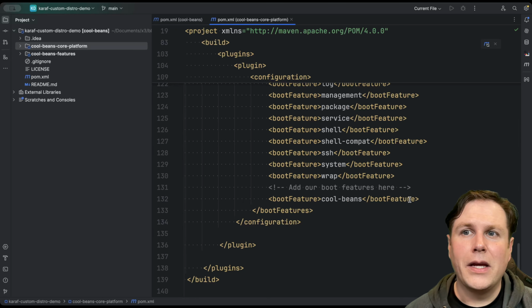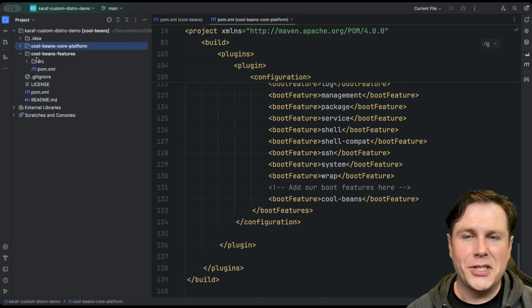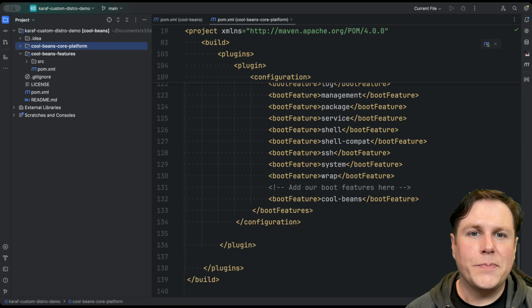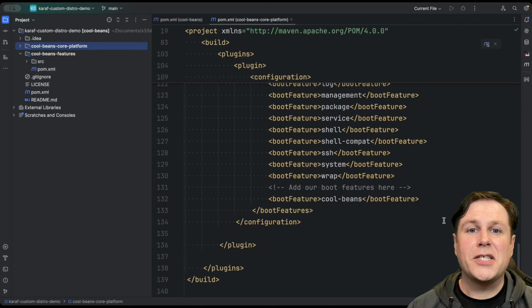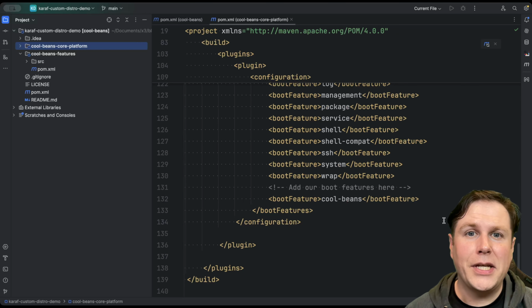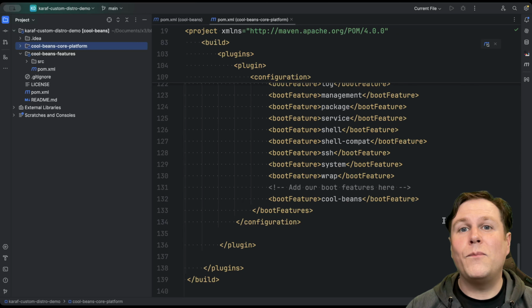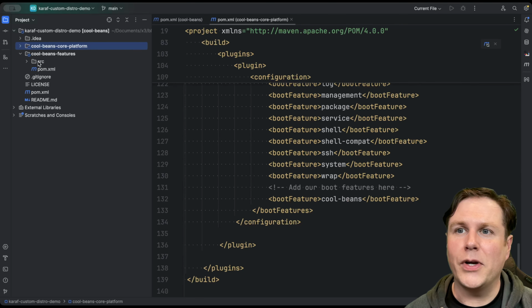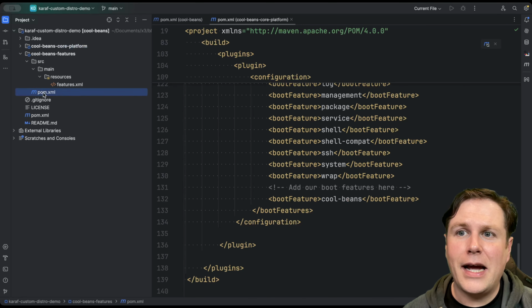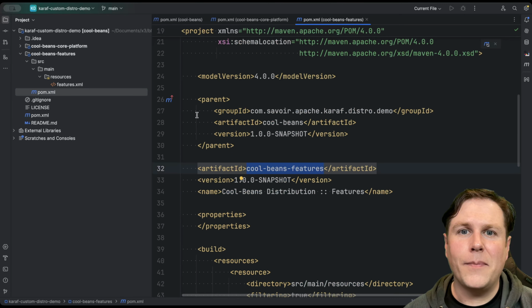intended purpose. At the end of this long list, I also include a link here to our boot features for Cool Beans, which brings us over to the Cool Beans module. This boot feature is basically saying, boot up what makes something special about this Karaf container. It's not just a basic Karaf with things that have been removed or added. This is our Karaf plus what we need for Cool Beans to operate. So Cool Beans is actually just a standard setup for a features